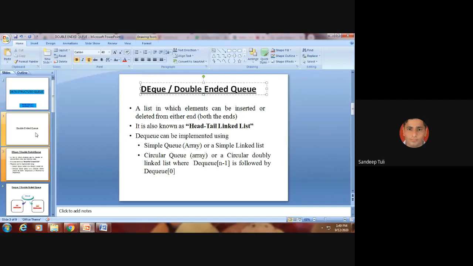And now the other version is this: in both simple and circular queue, we have learned that only one end can be used for insertion and the other end can be used for the deletion. Now look at an example of water pipe. You took the example that a water pipe can be considered as a queue. Yes or no? Yes sir. So suppose one end of the water pipe is stuck to the tap, and the second end you are using for watering.